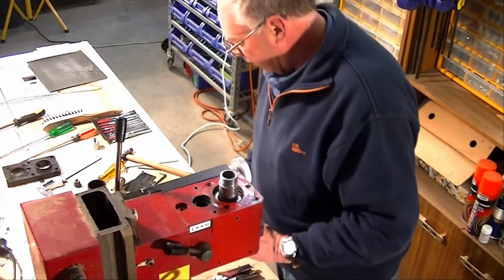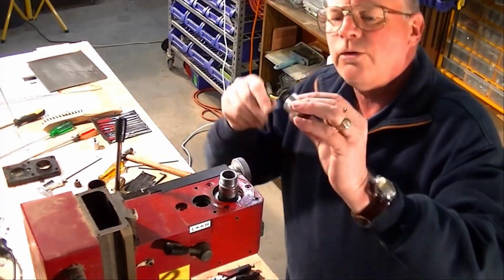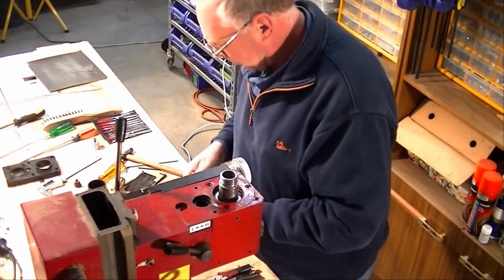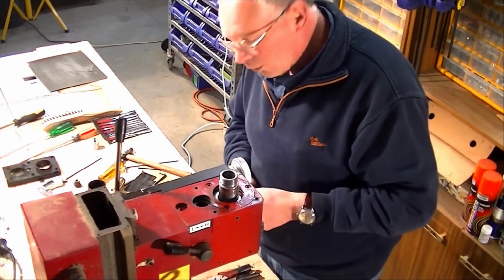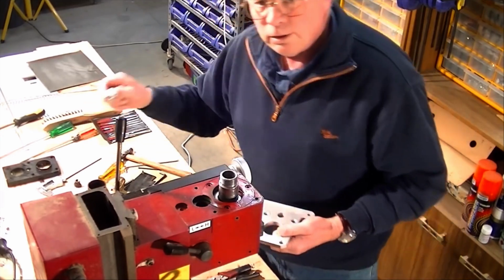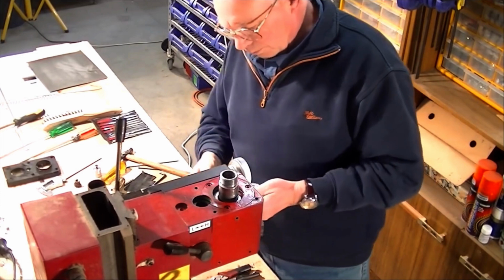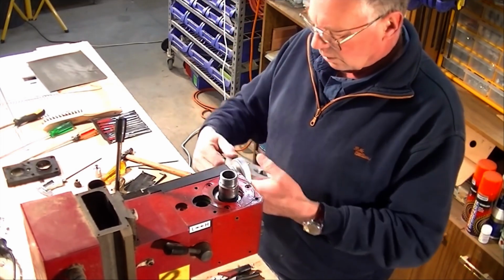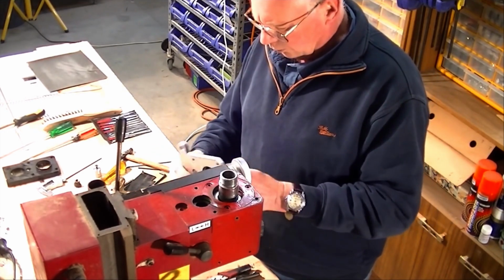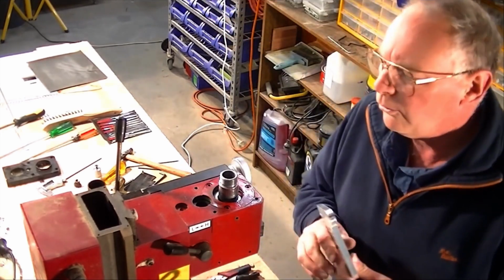Okay, so what I'm going to do now is, this is the post that I've made. So we'll screw all this together now. I've got two of these, one for either side of this. Well, one thing you will notice when you're using a CNC router